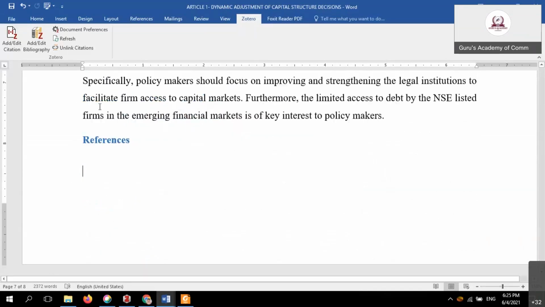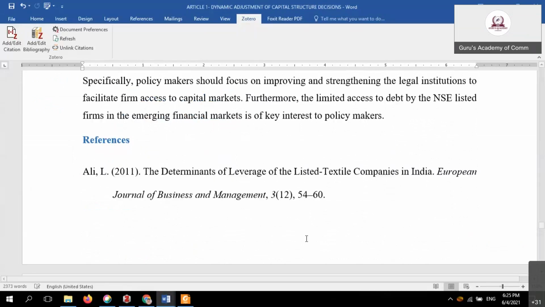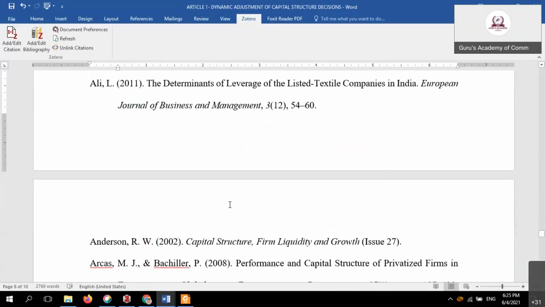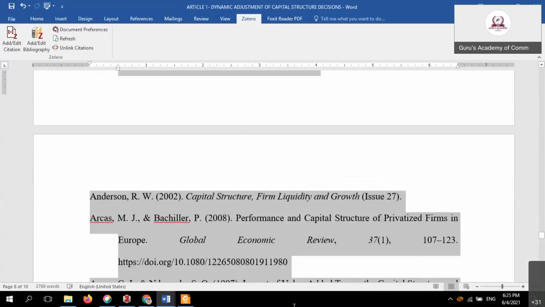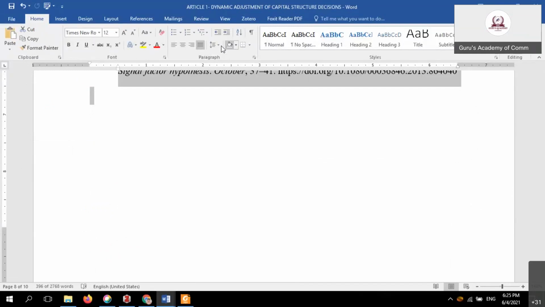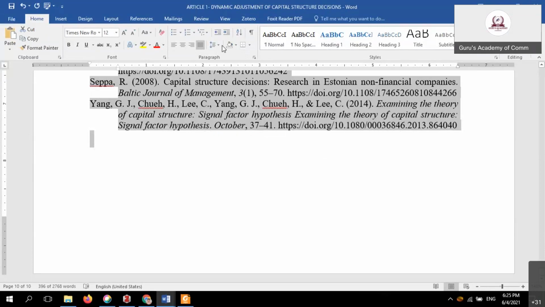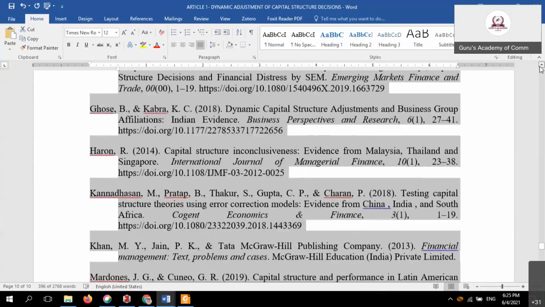From the last reference, you go to bibliography and simply click the bibliography, and all text will be properly done. This is what the entire alignment purpose is. Okay, everything is properly done. Simply give it one line space. Simply okay. Now we are properly done with our reference area.